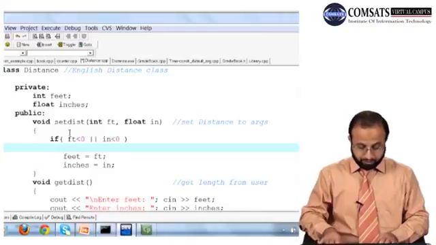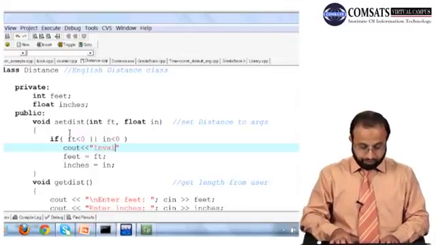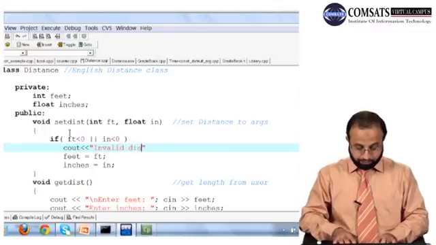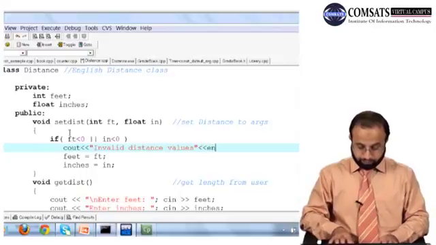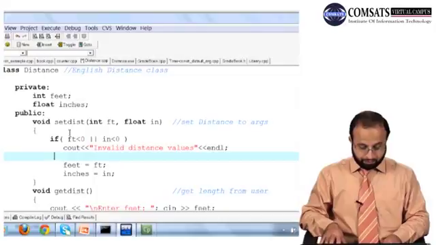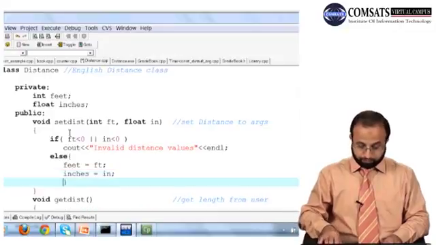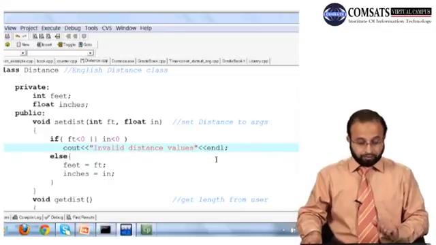We can display the message cout invalid distance values, endl, and in the else part, if this is not the case, we assign the values, right? Okay,